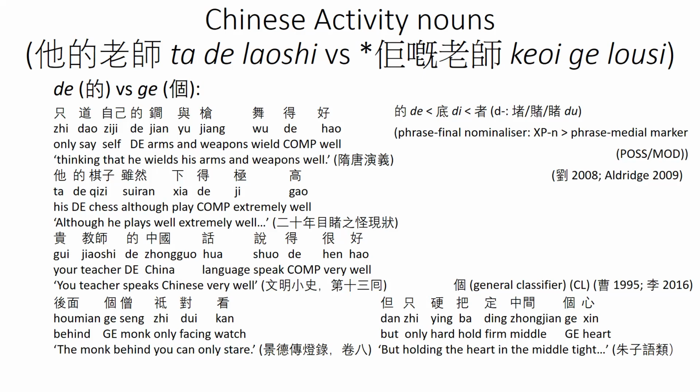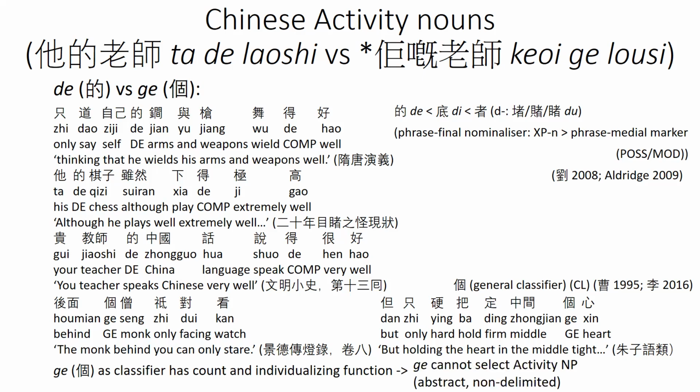Yeah? So for example, in the first example, 后面个僧只对看，后面个僧, okay, a very specific concrete person, the monk that's behind you. The second example, likewise, 中间个心。Okay, 但只应把这中间个心, so the heart that lies in the middle. Again, in these historical examples, ge denotes specific concrete real objects as opposed to abstract skills or activities. Right, so ge as a classifier and its adnominalizing reflexes in modern Chinese dialects